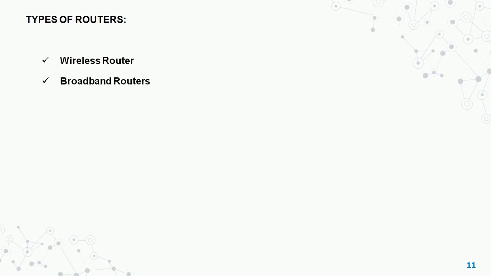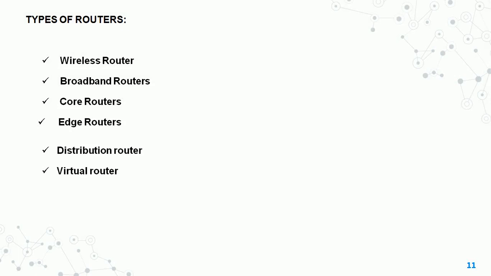Broadband routers: they are used to connect to the internet through the telephone and use Voice over Internet Protocol technology for providing high speed internet access. Core routers: generally used by service providers like Vodafone or cloud providers. It provides the maximum bandwidth to connect the additional switches. Virtual router: it is a software based routing framework that allows the machine to perform as a typical hardware router over a local area network.